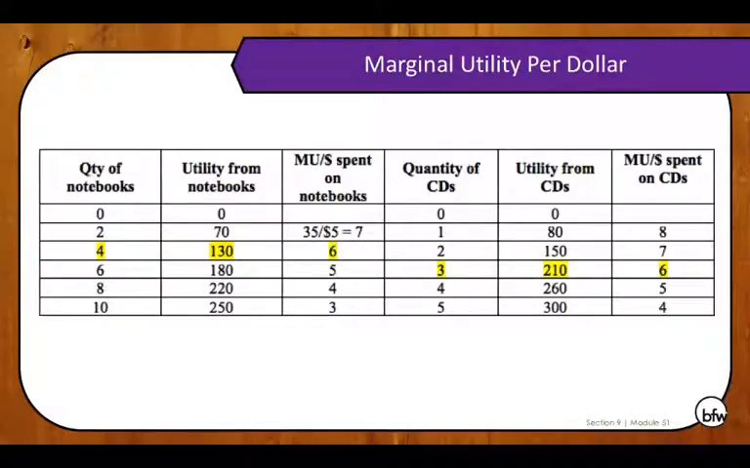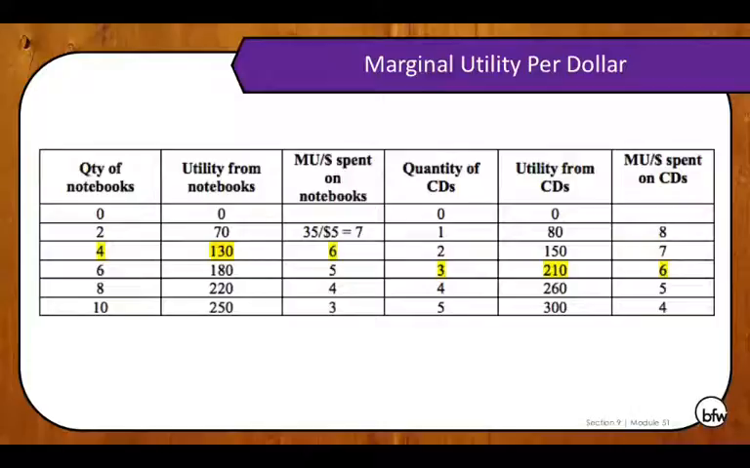So we divide that by 4, and then that becomes our numerator, and divide that by 5, and that gives us 6 happy points spent on that that we received from that last notebook. We can do the same thing with CDs. Okay? Now,